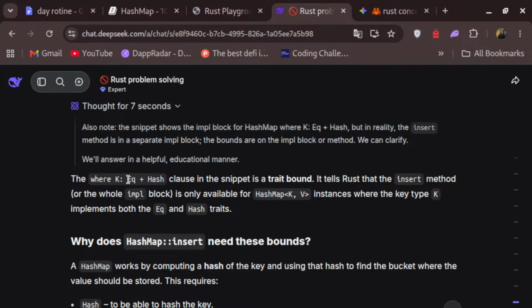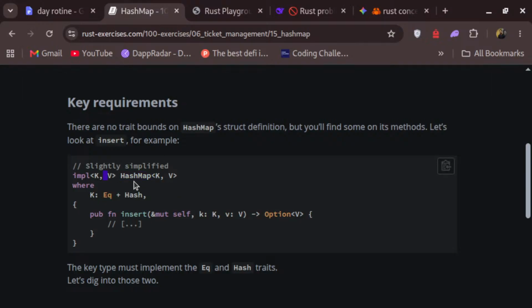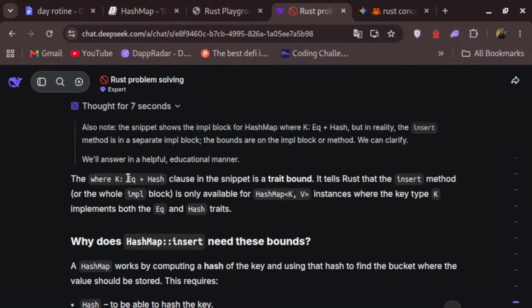These two things are the bound, right? So what is going on? HashMap, hash is a trait and we are bounding this equals and hash. That's why it is a trait bound. It tells Rust that the insert method, or the whole implementation block, is only available to HashMap